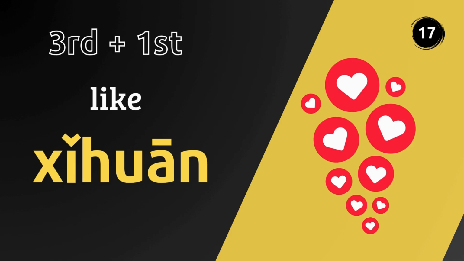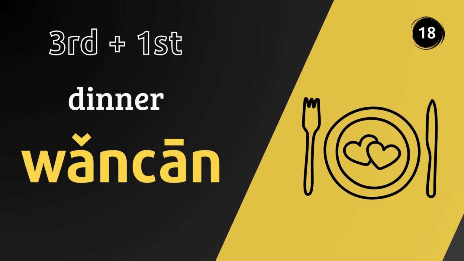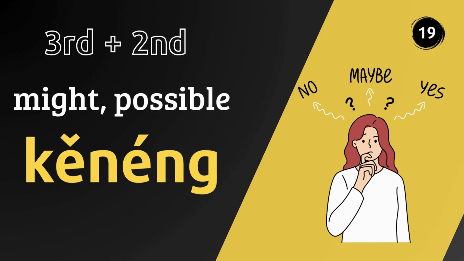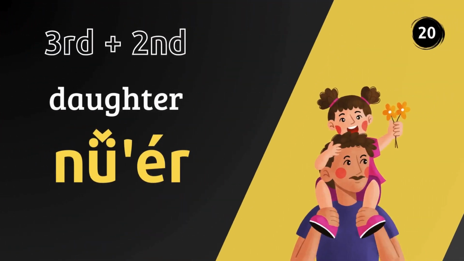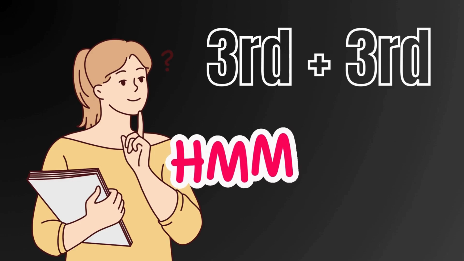Set number 9. Third tone plus first tone. Like 喜欢 喜欢 Dinner 晚餐 晚餐 Set number 10. Third tone plus second tone. Might, possible 可能 可能 Daughter 女儿 女儿